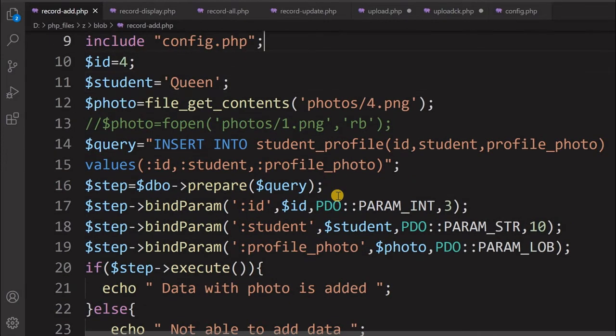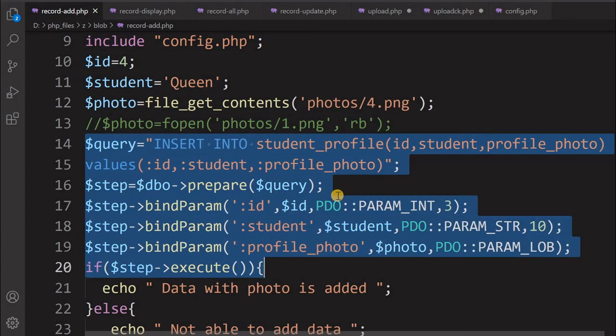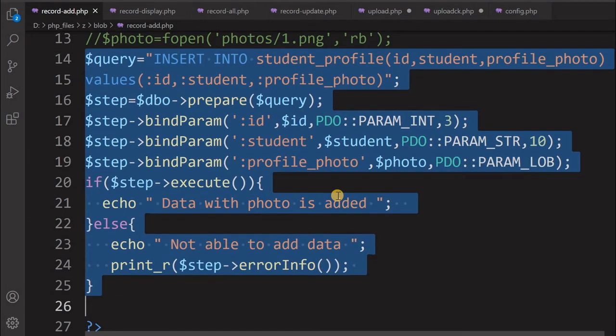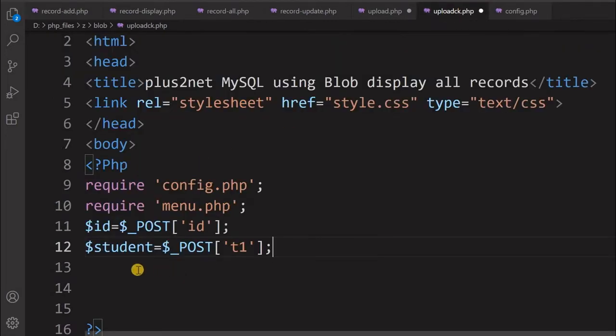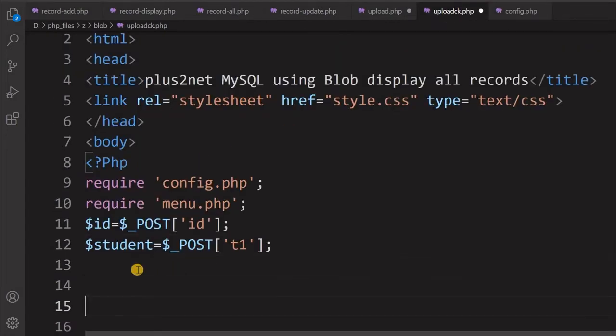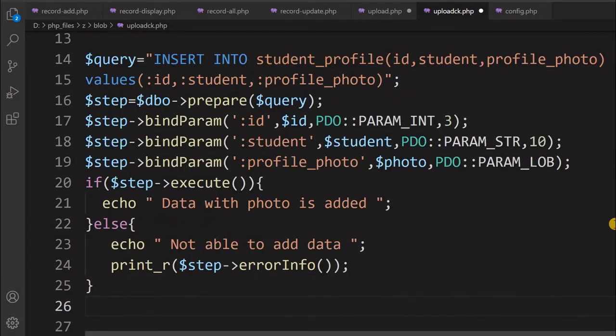From here we will copy the code. You can read our part 1 to understand how this works. We explained how the query is created, then parameter binding, and note that this PARAM_LOB is the one where we insert the profile photo, the binary file, by reading it. Now we are not reading it from disk; we are just taking whatever the user has uploaded. So below that we'll paste it here.